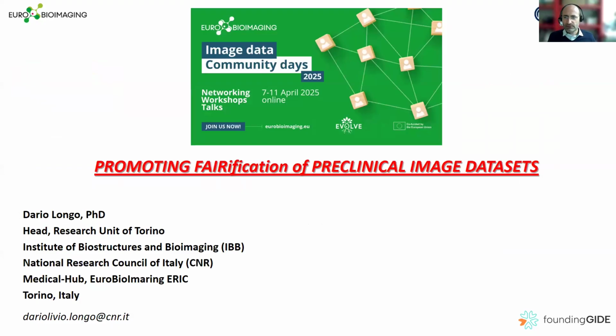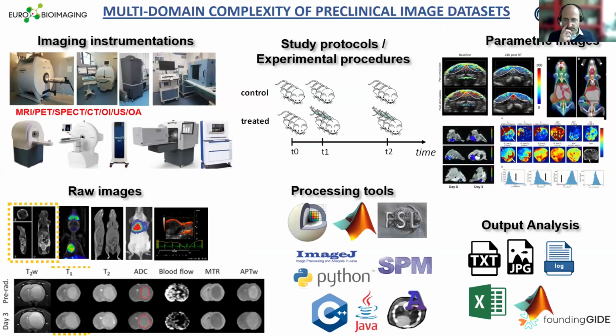Speak about the activities that we are doing within the FAIRification project. So here is the latest reached the topic to preclinical image dataset. And essentially, there are, I would say, two main limitations. One related to the complexity when you deal with preclinical data set that is, let's say, a multi-domain and multi-level